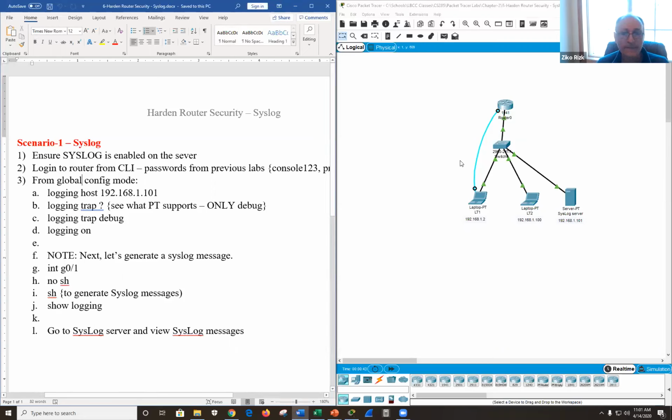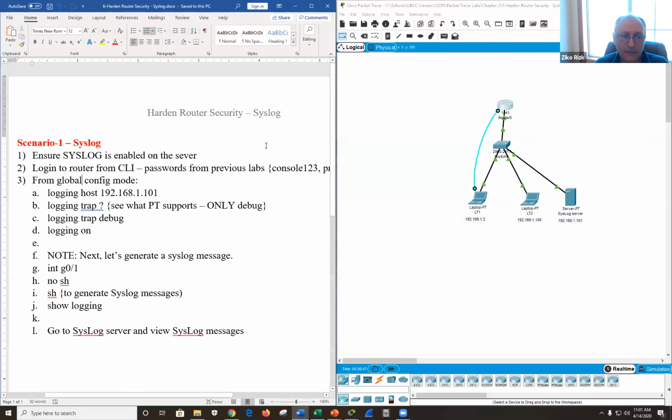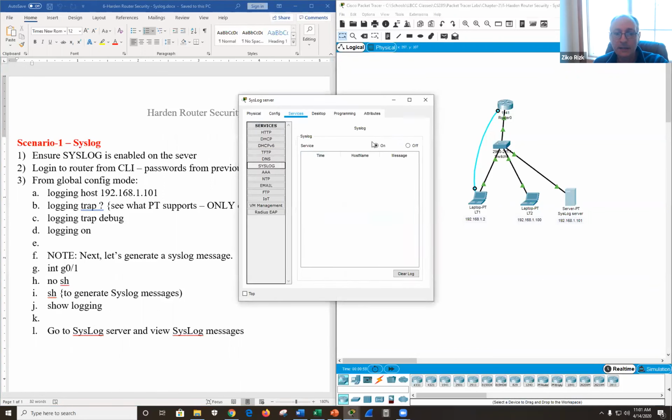All right. So let's log on to routers. Sorry, let's start with the server. Let's follow directions. Okay. So I'm going to start with the server, services, syslog, and it's enabled. Okay. So this is my syslog